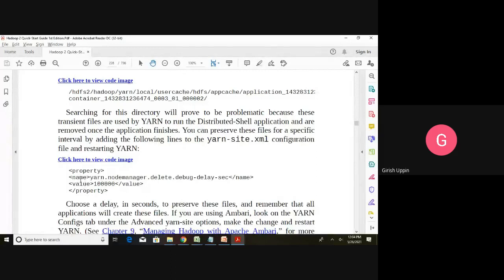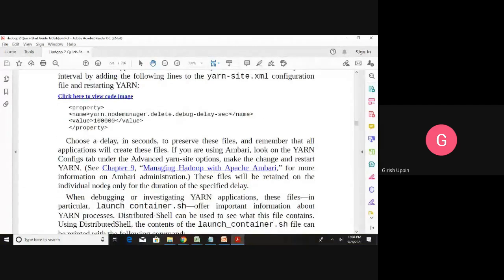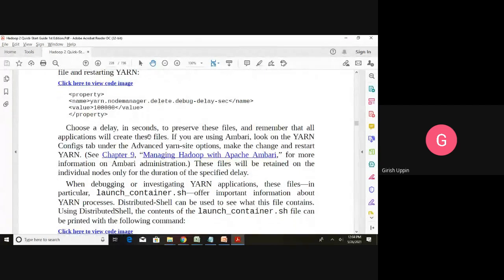The property name is yarn.nodemanager.delete.debug-delay-sec. This is the property that you will set, and these many seconds it will persist. Here it is set to 100,000, so it will persist for 100,000 seconds. Use a delay in seconds to preserve these files.